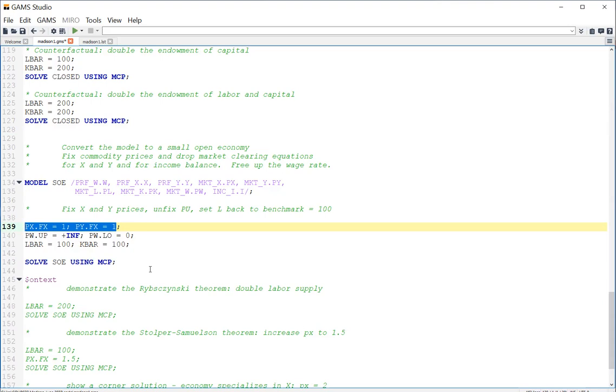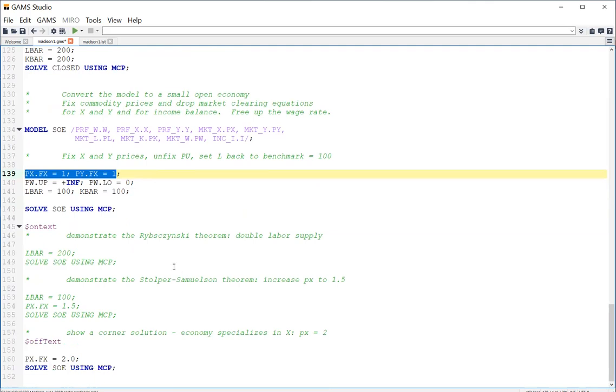You're fixing both X and Y prices. Therefore, the W price I think is fixed as well. Yeah. Right, because PW is only a function of PX and PY. Okay. So solve this model, and then